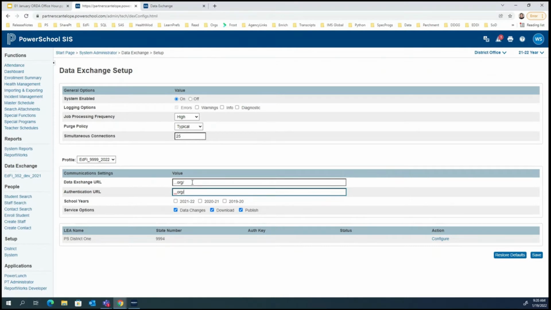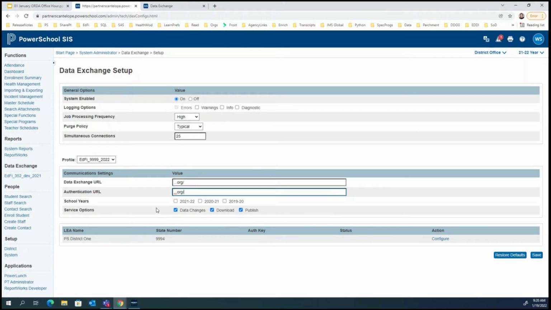And just again, a reminder about that. However they're delivered to you, we found this is one of those important things to note. If they were copied and pasted elsewhere, like into a text file, and then you tried to copy and paste again from that, it typically didn't work, and that's probably a good thing, because it's for security. So however you receive those, I would have another tab open and just copy and paste directly into here.